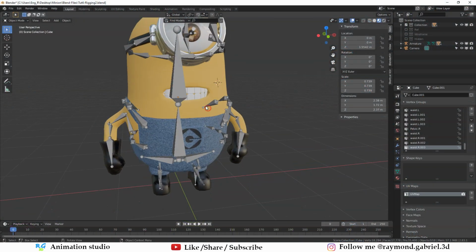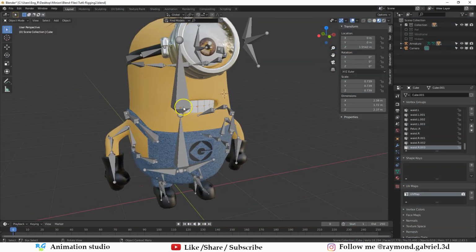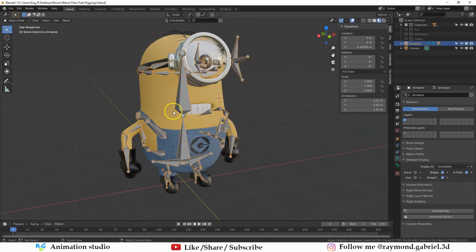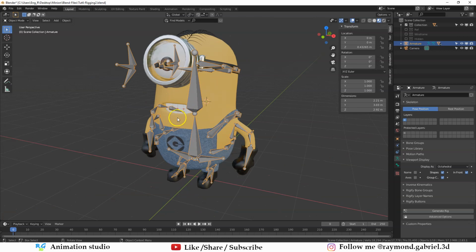We are going to complete the rigging for the character by adding bones for the mouth and for the tongue. First thing we need to do is move these bones to another layer so we have more room to add